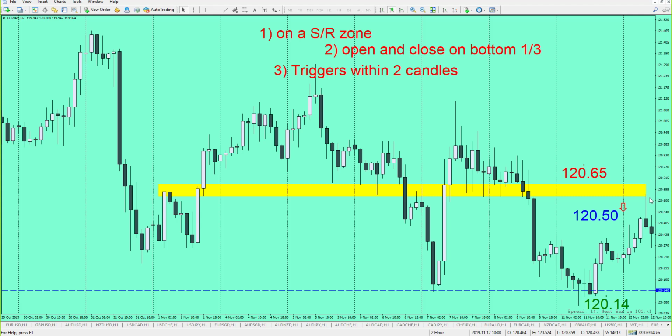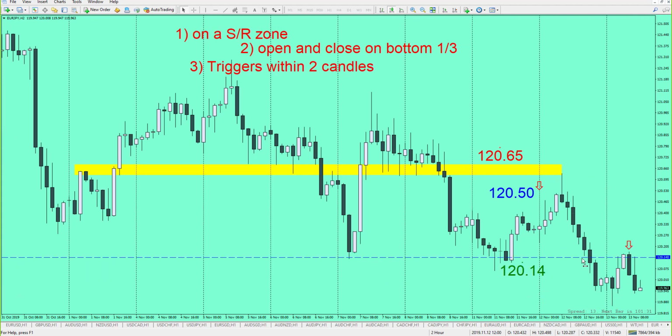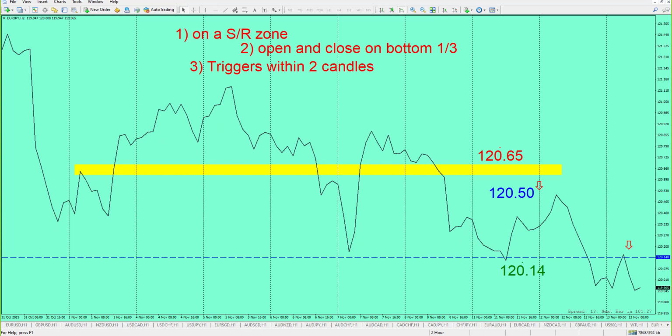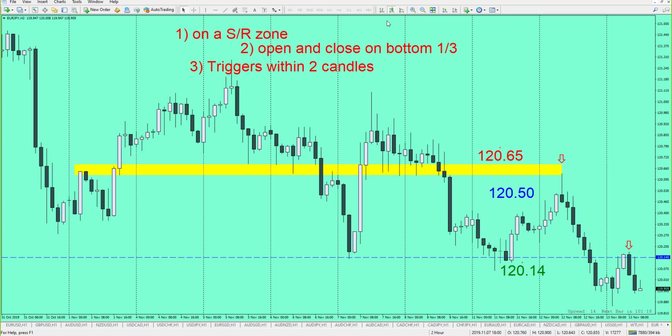The only thing we want to be wary of is we don't want to actually close on the other side of the zone. So if the open and the close had actually gone on the other side of the zone, that would probably be a breakout and a retouch, and that would be more like a pinch right here. And you'll notice a lot of times traders, when they first start trading these, they get suckered into a lot of these where actually I don't know if we can see this, but